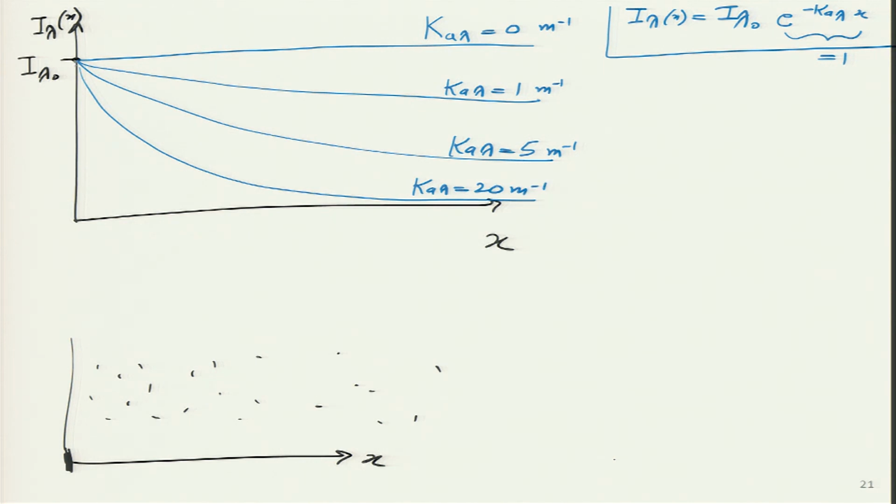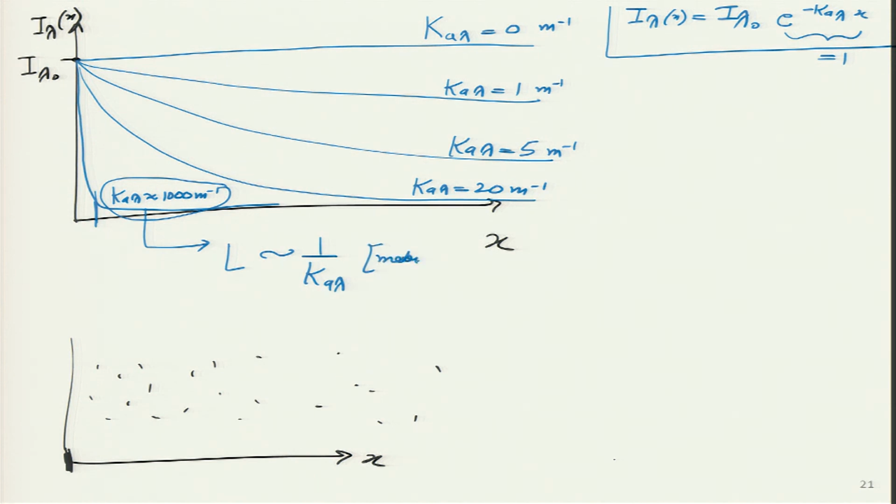and then I want to make it very, very high. All absorption takes place immediately over here. Look, high, then Kaλ is very high, maybe it is 1000 meter inverse. And this is very interesting. What it means is, if the Kaλ value is very high, then the optical depth, which is kind of Kaλ times x, and this is in meters, is very, very low, which means the distance that particular radiation travels in the medium is very low,